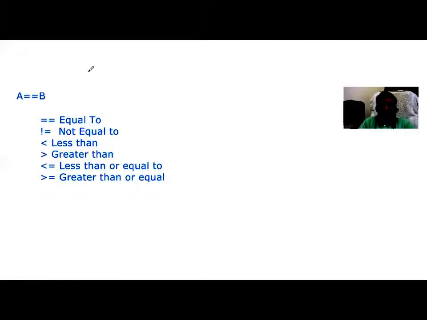Again, I'm going to share my screen. Let us clear this. Now we can take a syntax like this. If, in brackets, we can put a condition. If the condition is true, then this block will execute.